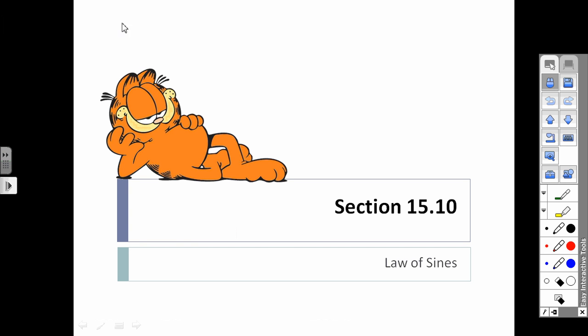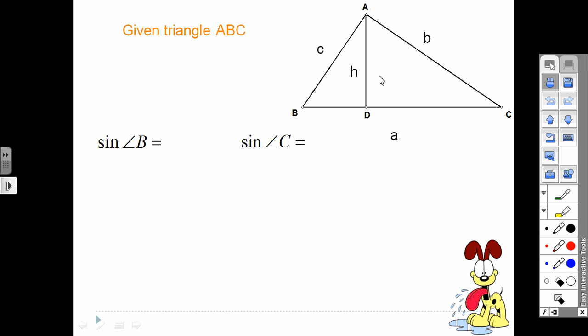All right, here we are at the law of sines. We're going to take a look at how to derive the law of sines, and then we'll take a look at how to use it. So if we have triangle ABC, and this can just be any old triangle out there, and we